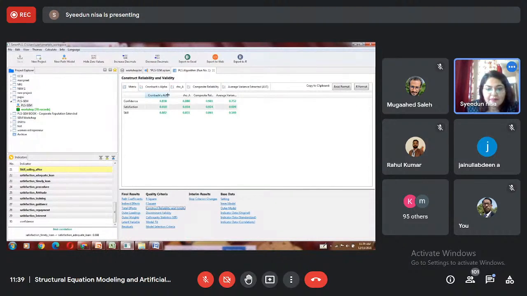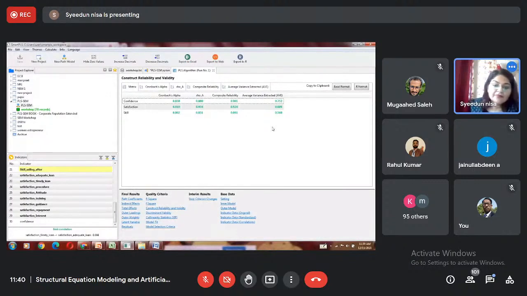Reliability can be measured with Cronbach alpha, but here we will measure it with composite reliability. Okay. Although we should see Cronbach alpha also, but for PLS SEM, composite reliability